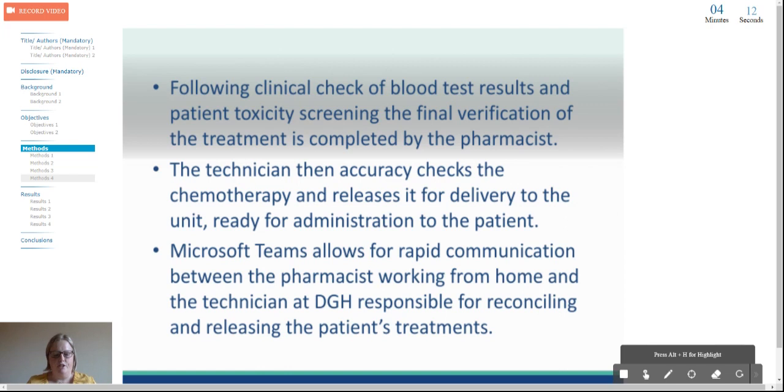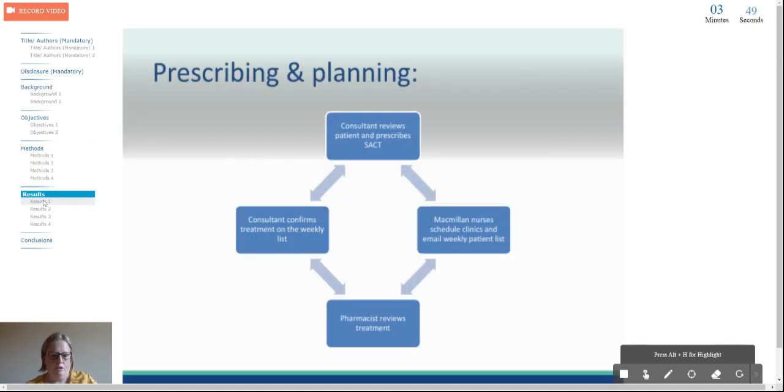administration to the patient. At the outset of the COVID pandemic, NHS Grampian brought forward the rollout of Microsoft Teams to all devices. This has enabled instant messaging, along with video and audio calls and team meetings. The technicians and pharmacist formed a chat, which is used for effective communication of information between each other regards any process issues. The following 3 slides give a schematic view of the full process which has been devised over this